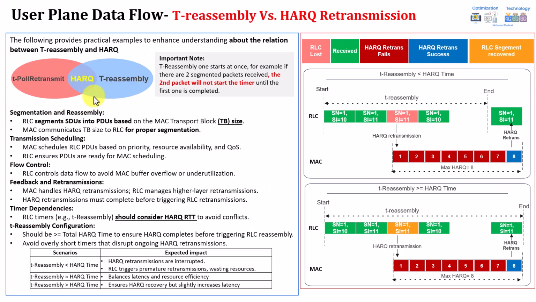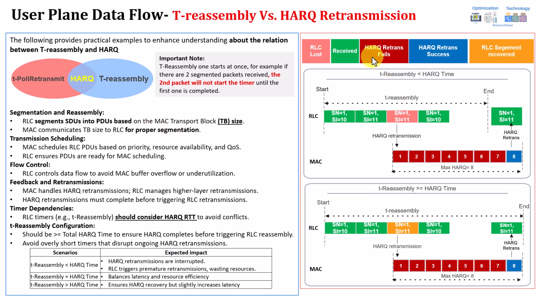Okay, this very long example is just showing you the relation between the T-reassembly and the HARQ retransmission. T-reassembly, as we highlighted in the previous section, works in the RLC receiver, on the receiver side during the RLC part, usually during the segmentation. HARQ is thereafter, during the HARQ transmission. So what is the relation between both of them? I give an example in text here. You can just copy it from the left side here, and this is a visualized example.